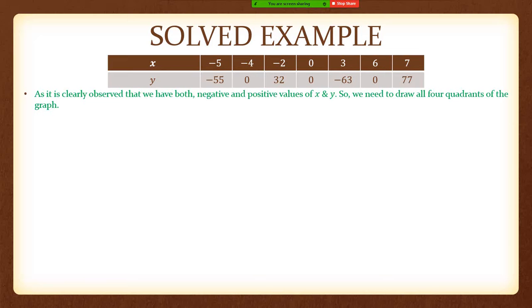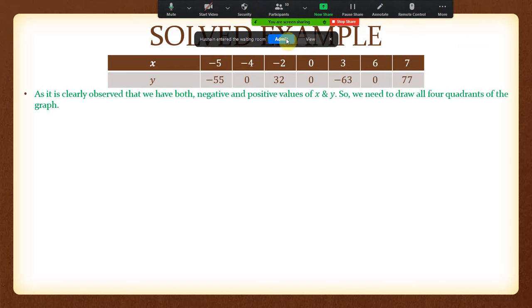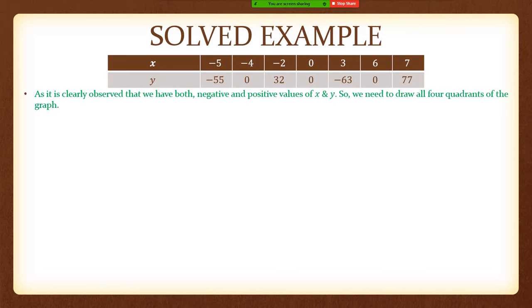Point to remember number one, we have to conclude how many quadrants we have to draw in a graph, and we have discussed earlier that it depends on the number of positive and negative values. Right now we have positive as well as negative x coordinates, and positive as well as negative y coordinates. So if we have both positive and negative of both coordinates, then we have to draw four quadrants, that is positive x-axis, negative x-axis, positive y-axis and negative y-axis.